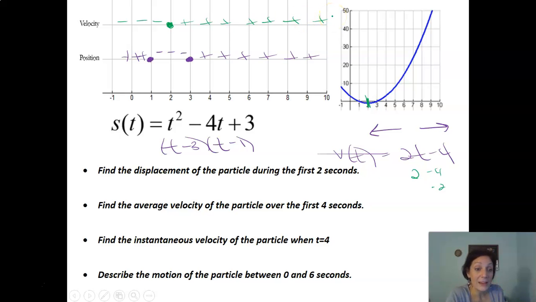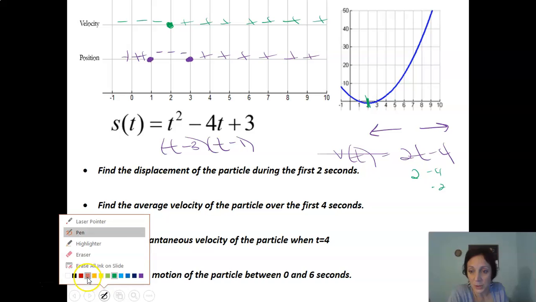Okay, so now I can add more to my story. I can say that between 0 and 2 seconds, I had an object that was moving to the left. And at 2 seconds, that's when it turned around and started moving to the right. Okay. So what I like to do to really help me describe motion, and again, we're going to add another layer to this tomorrow,